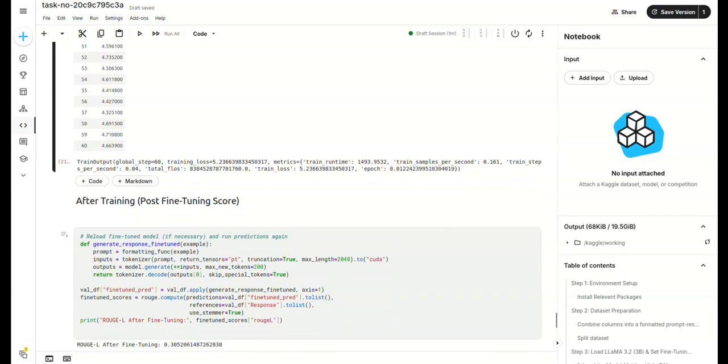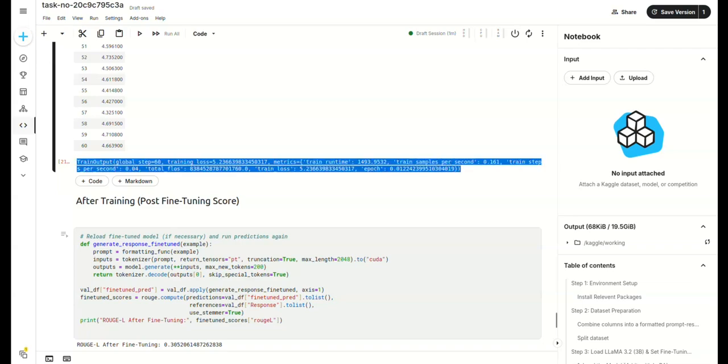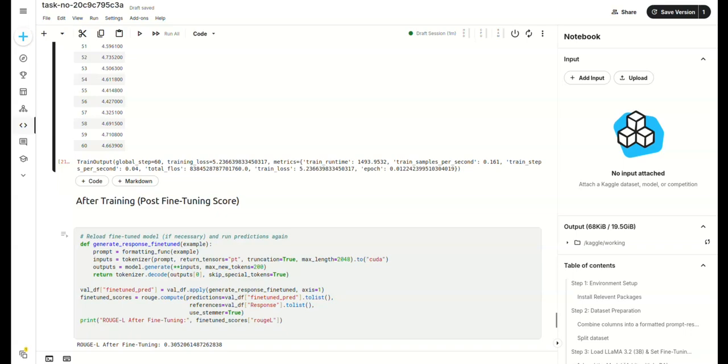For the training, we get a summary output. Here the total number of training steps was 60 and the final training loss is approximately 5.23, which indicates how well the model minimized error during fine-tuning. We also see runtime metrics such as training time, steps per second, and total floating point operations. These details are useful for debugging performance and estimating training costs in a production setting.